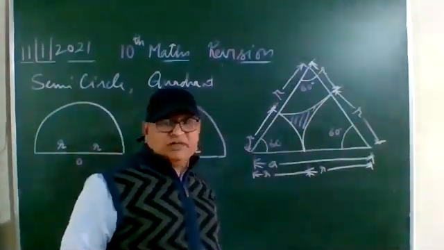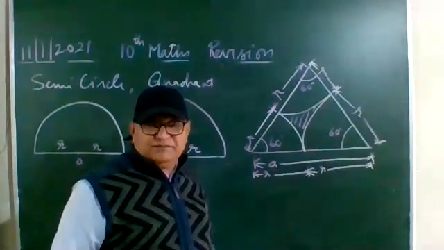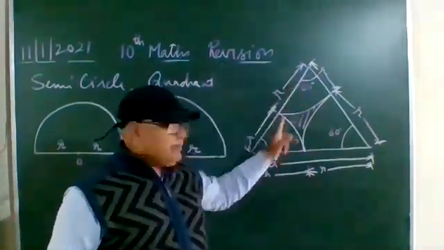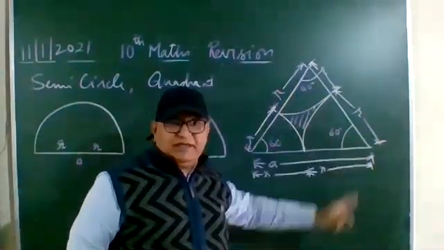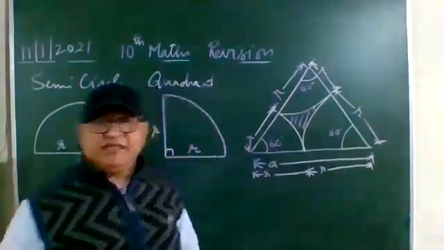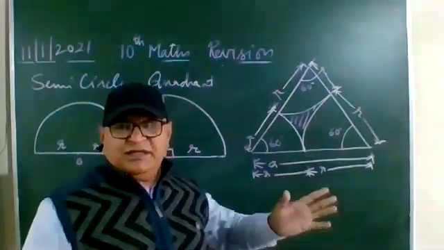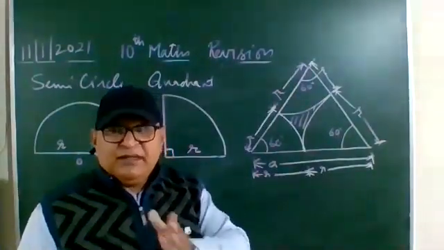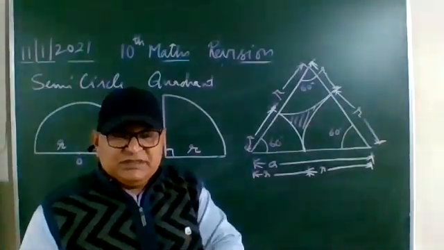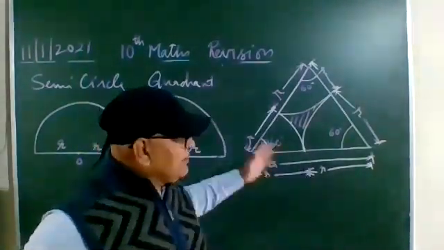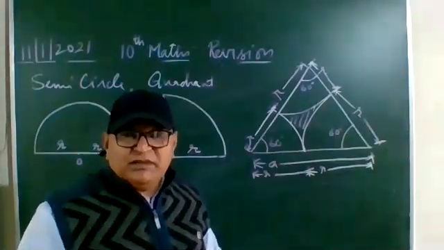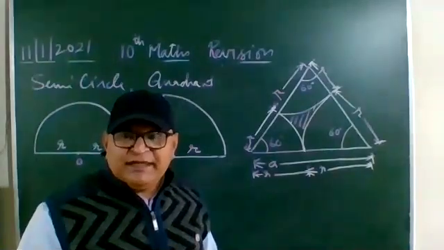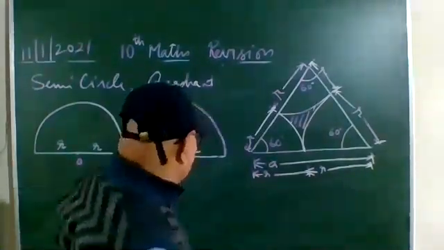Suppose this is not an equilateral triangle. It may be a scalene triangle. Theta 1, theta 2, theta 3. So area of three sectors is theta 1 upon 360 into pi r square plus theta 2 upon 360 into pi r square plus theta 3 upon 360 into pi r square, and pi r square you can take common. Theta 1 plus theta 2 plus theta 3 will be what? 180 degrees, and by that you can find out.